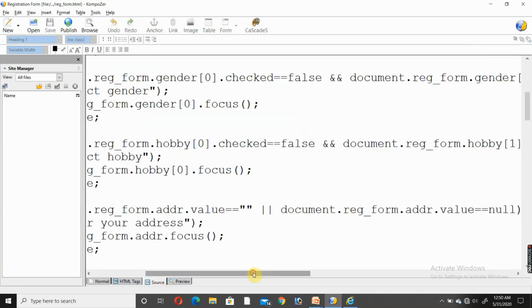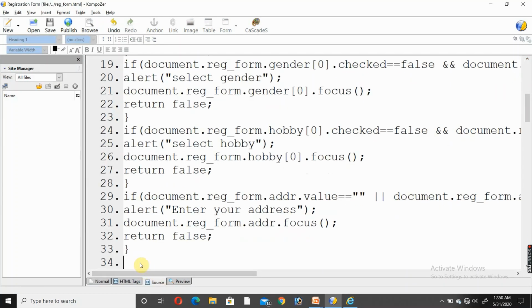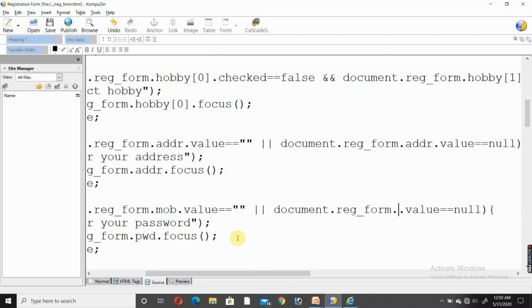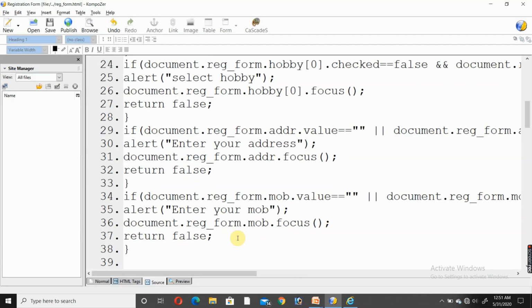Same thing I have to do for mobile number. Control B, mob. It should not be empty, so we will use the same code. Further, I want that the mobile number should be 10 digits long and should not contain any alphabet. It should contain only digits.